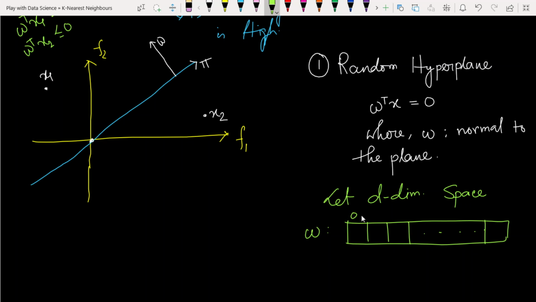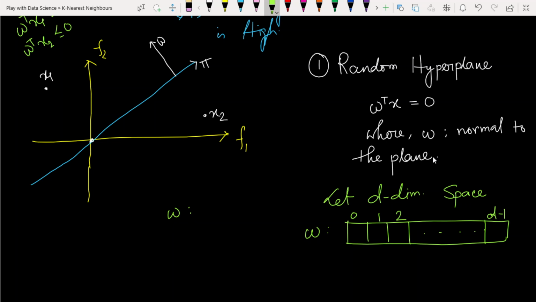This kind of index: 0, 1, 2, 3, up to d minus 1. If we just consider the index from 0, then it will be d minus 1. So there are some values. We have just chosen these values randomly. And one thing, w here,